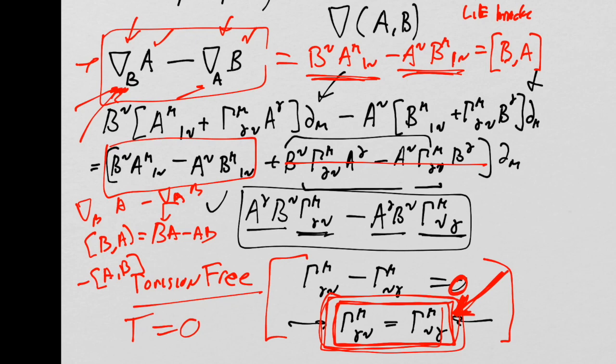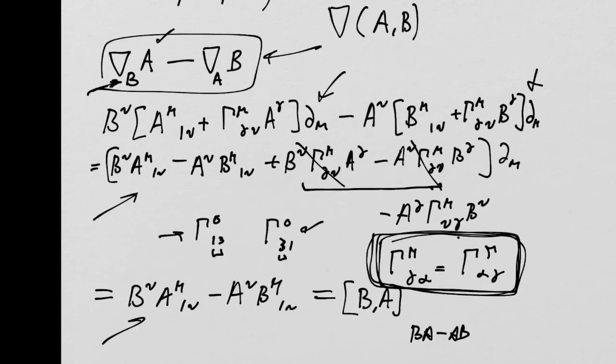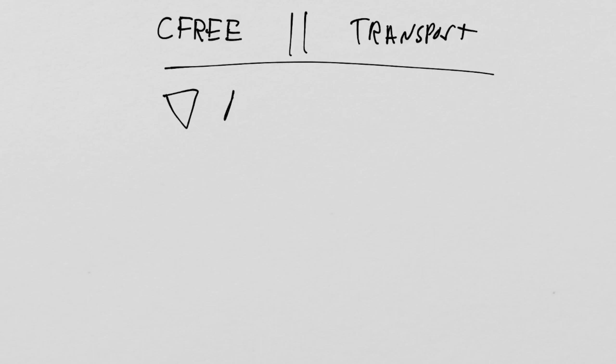Okay, so what will we talk about next time? The next topic that we are going to get into, not in this lesson, is going to be parallel transport using the coordinate-free notation. That's next. And the basic principle in coordinate-free parallel transport is that the covariant derivative of a vector field A along some curve